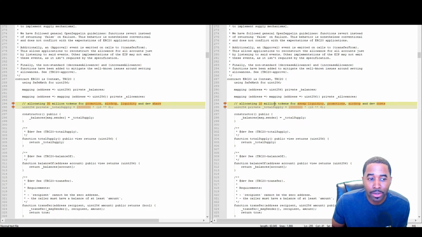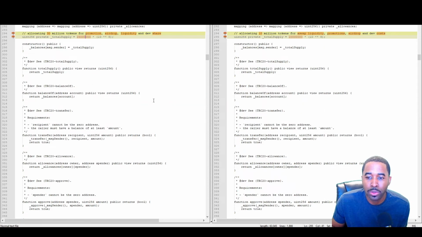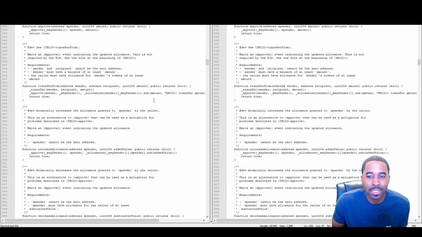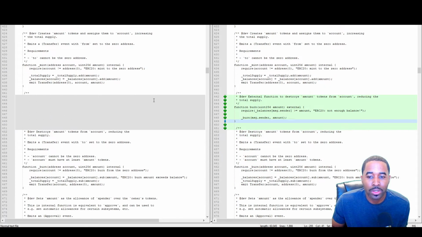So they do have a pre-mine on here, but they are not taking a commission like they're taking on T2X. So kind of scrolling through, I'm just using Notepad++ to compare the code, and you can see everything's kind of the same. This right here,